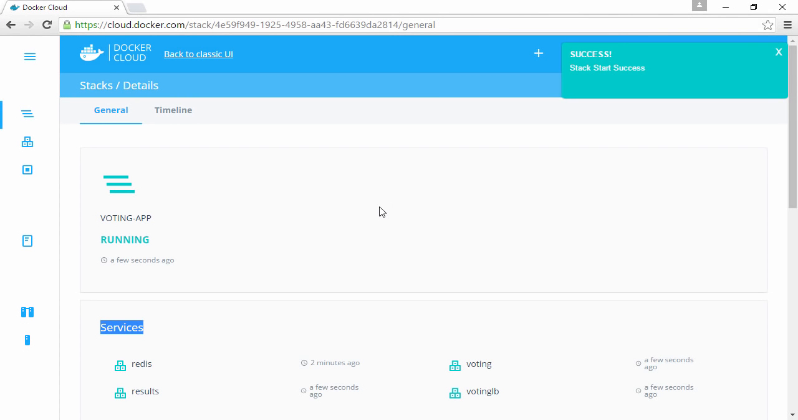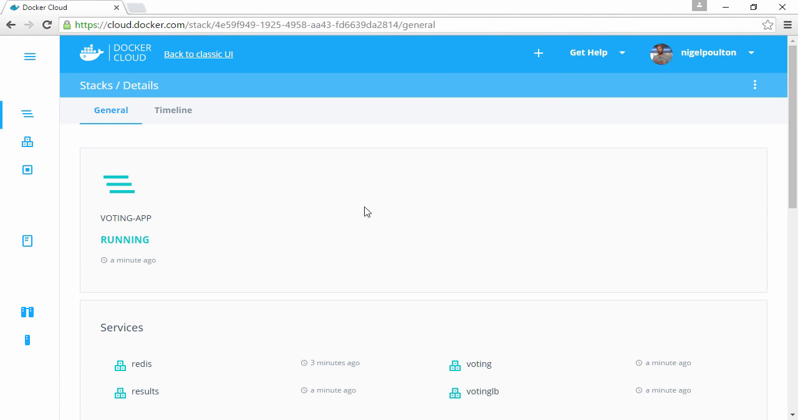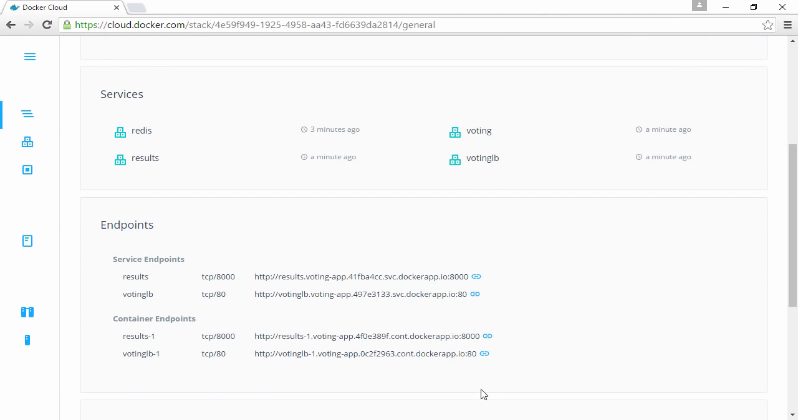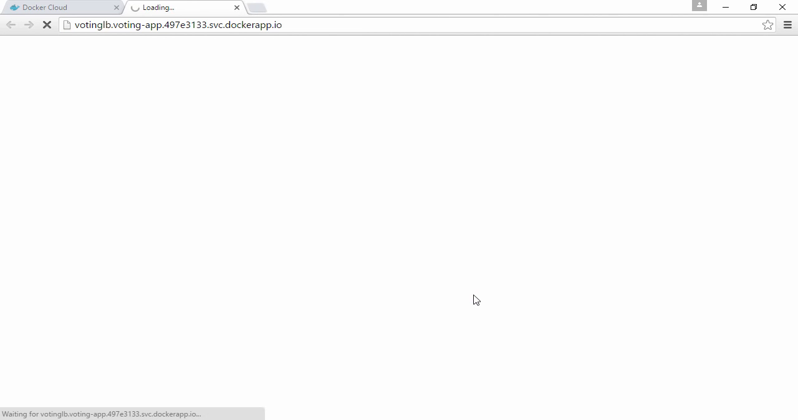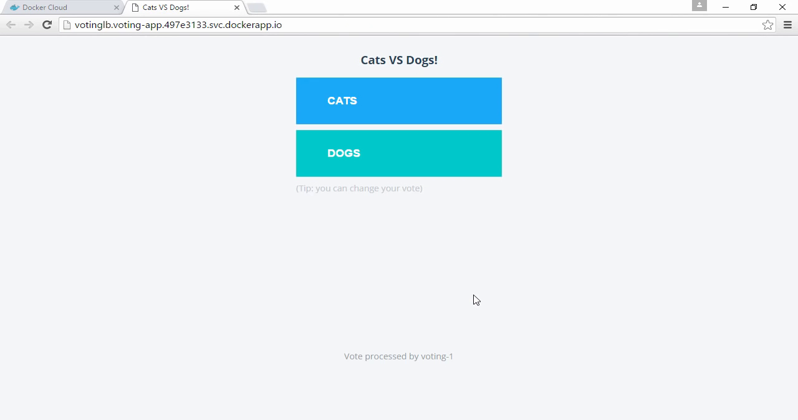Okay, so that's our stack started. We see the same 4 services here that we had in our stack file, and they're all up. And then we can see the endpoints here that are exposed by our app. So if we hit this one here for the voting load balancer service endpoint, this is the front end to our app. And if we take note of this down here, while I hit refresh a few times,